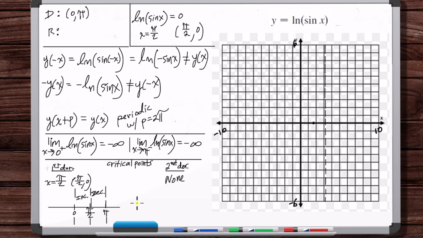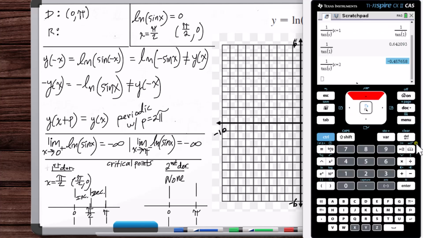at 2 pi and at, it would be negative pi, right? Because you go from negative pi to pi as one period. Okay. What about when you think about the second derivative? Well, there can't be any change in the second derivative. And so all we're going to do is just say from 0 to pi, there's going to be one concavity. Okay, so